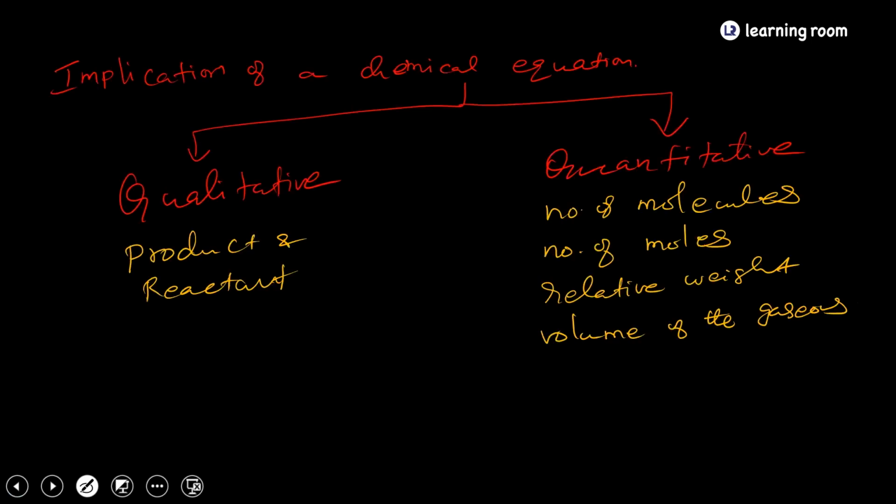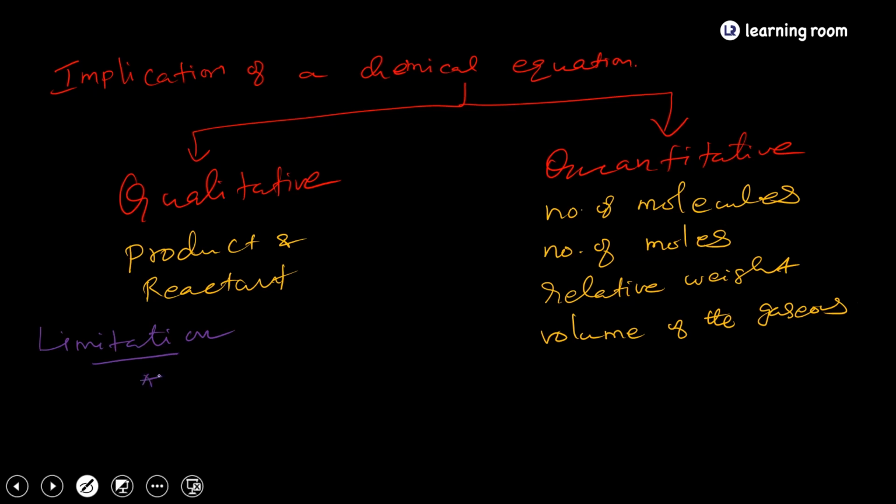So what is the limitation of chemical equations? All rules have limitations. In the same way, when you write a chemical equation, it says that when they react, they give that product. That's all. But it never says the rate of the reaction, that it will take this many minutes or this many hours. Those things it won't tell.